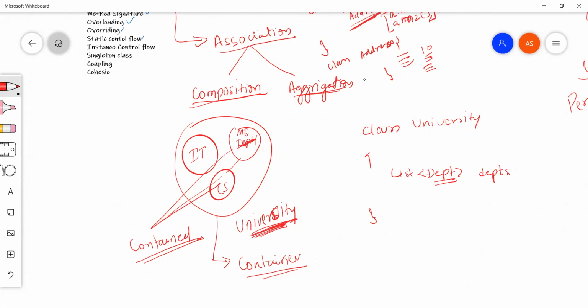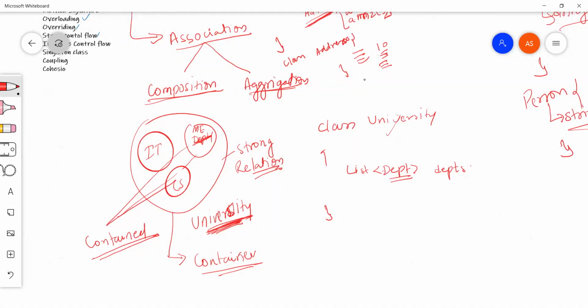That kind of relation represents composition, or a strong relation, strongly connected. We can say these objects, university and departments, are strongly connected. If I remove this university, then all the departments will be deleted by themselves.